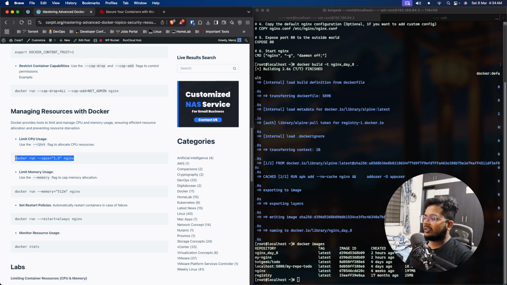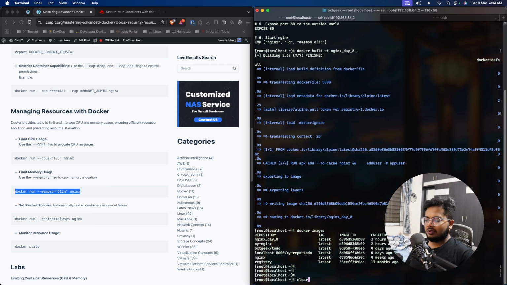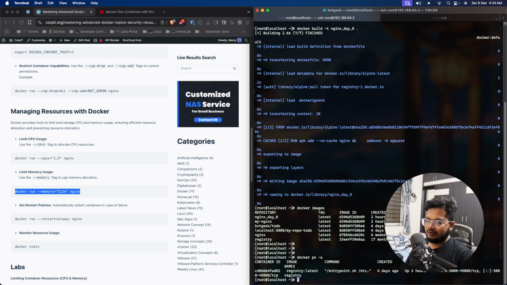Now, what are the resource limits, like how can you increase the resources? Okay, so this is how you can do that. Let's just create. So this is our image. We'll see docker ps -a. Yeah, this is the registry only, running. Let's just run anything, okay, docker nginx and